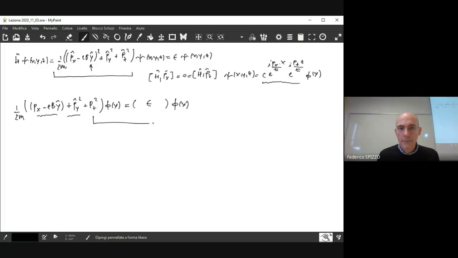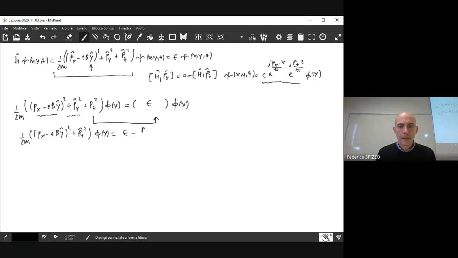So I take the number on the other side, and so I am left with 1 divided by 2m. Sorry, I forgot the square regarding Px minus eBy. So I have Px minus eBy operator squared plus Py operator squared, applied to phi of y, that is equal to the energy